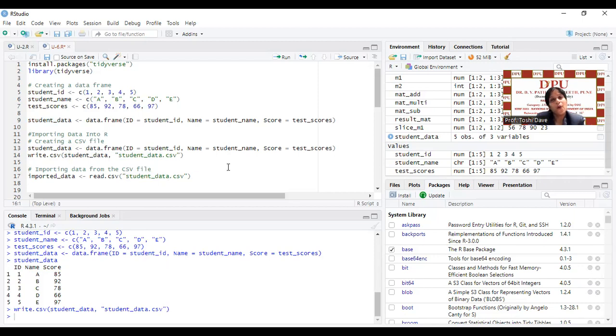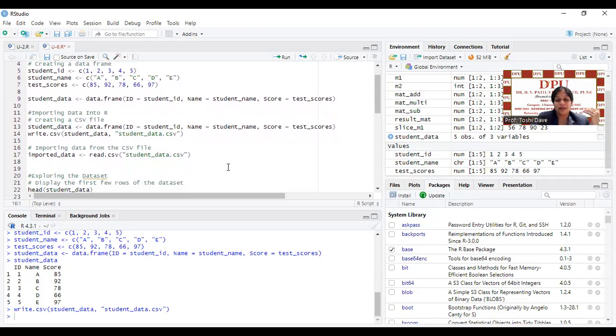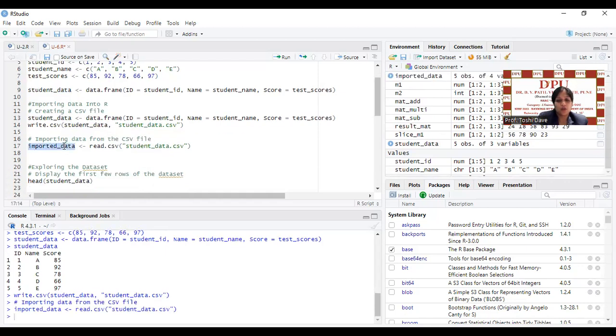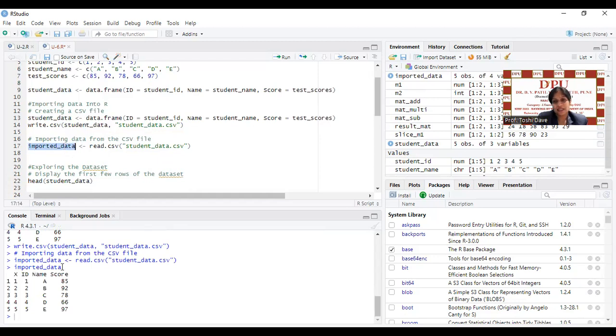Now the question is how I can import that data into RStudio, because this studentdata CSV file is already stored by us. I want to import that CSV data again into my RStudio. For that, you need to write read.csv, because the file extension is CSV. So read.csv and the name of your CSV file, and hold all those values in the data frame imported data. Clear? So if I execute this,